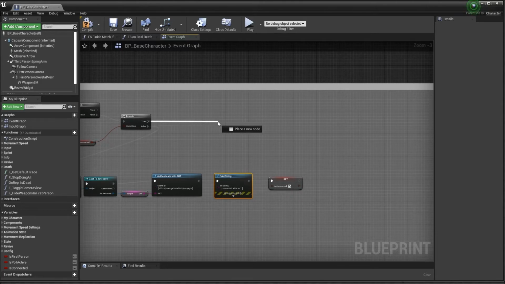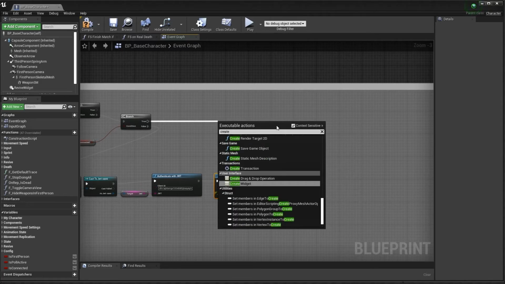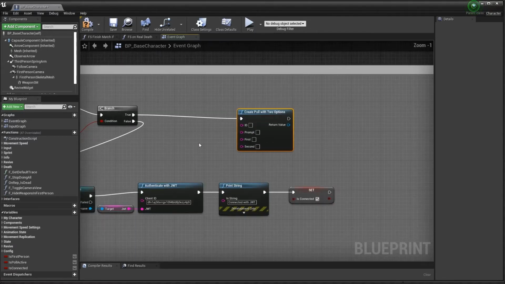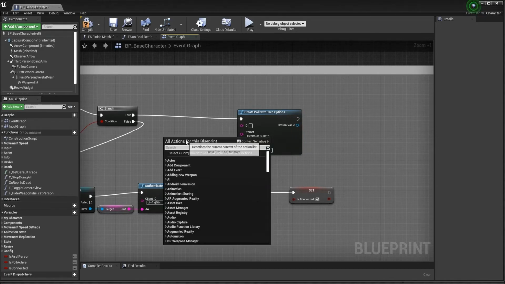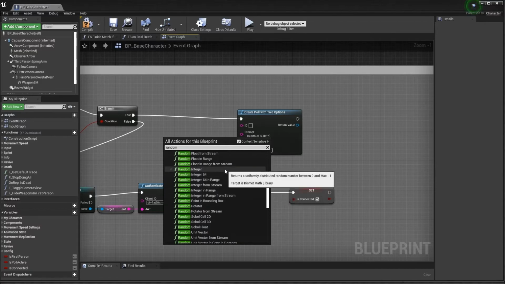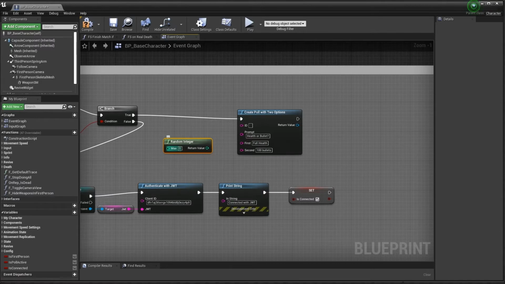So let's create our poll. Right now we only have 2 options implemented, but we'll be adding a lot more functions here in the future. The prompt is going to be ammo or bullets. That's what the viewers will be asked. Their first choice is to give me full health, or the other option is going to be to give me 100 bullets. And for an ID, let's just do a random integer, max value of like